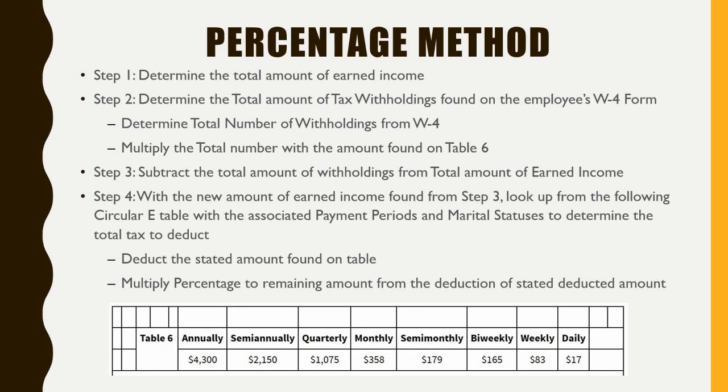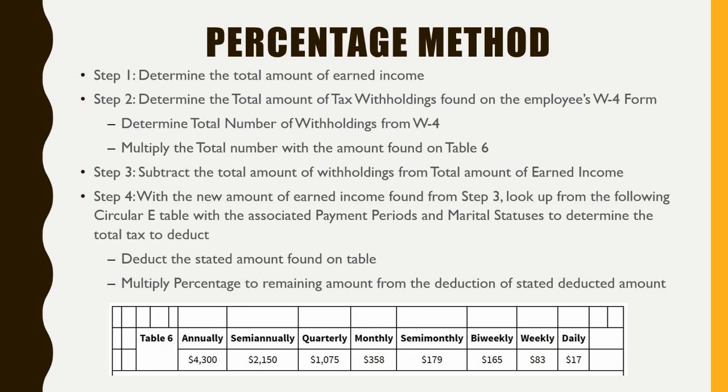You're first going to obviously collect your W-4 form from your employee, all right? And you're first going to determine how much total earnings they actually accumulated, all right? Then we're going to determine the total number of withholdings that this employee requests from us, determine our deductions, XYZ. Then we're going to get a total amount of income that is taxable, right? Once we get that, we're going to subtract. So that's what step 3 is. When we subtract our total amount of withholdings and our deductions,